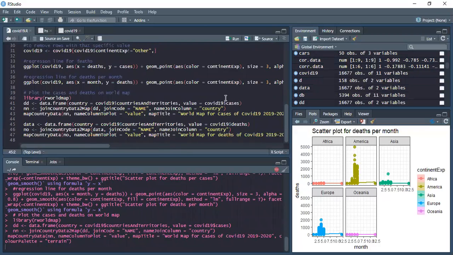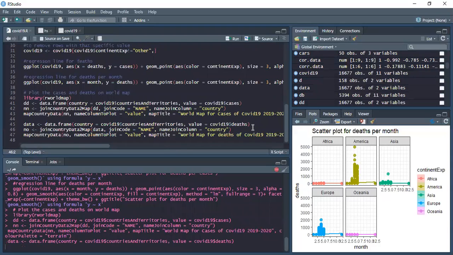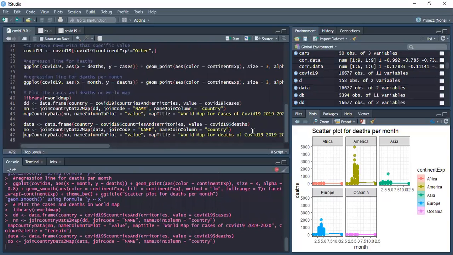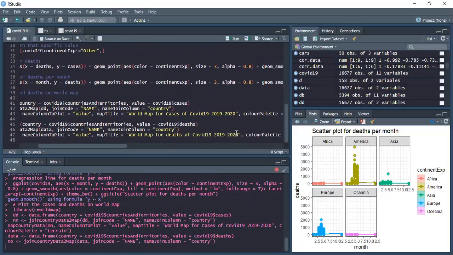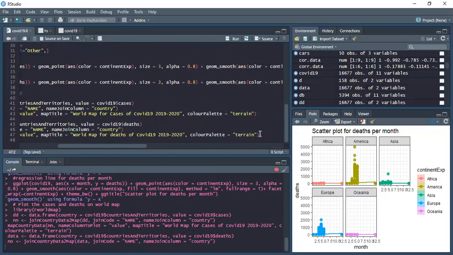Cases were more. Still, we can try to visualize it same as above, and just give the value of deaths here. World map for deaths of COVID-19 2019 2020 with color palette terrain.